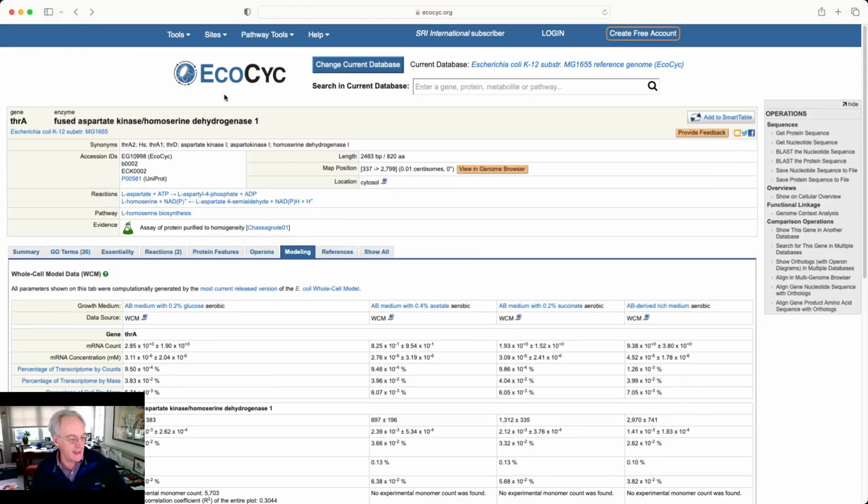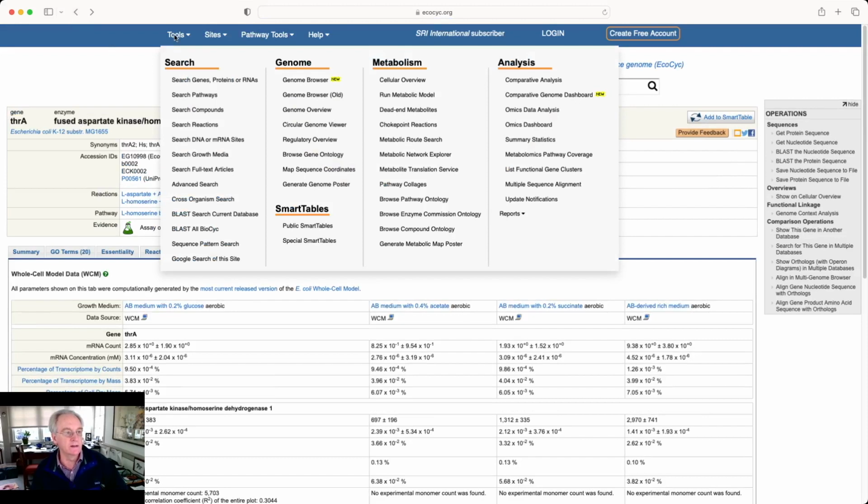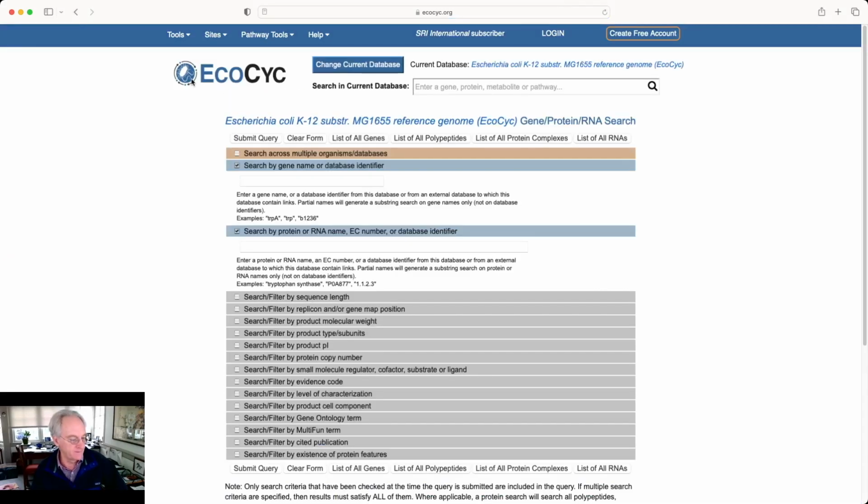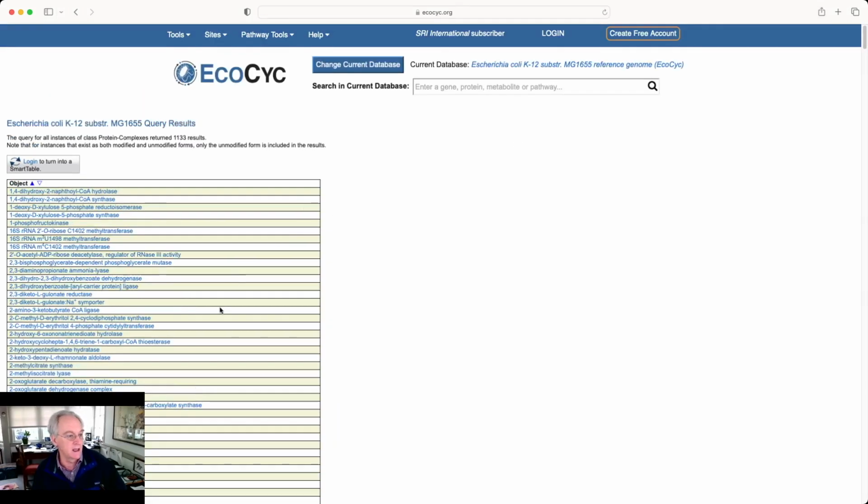Let's now look at the Gene Search tool, which is under the Search menu, Search Genes, Proteins, or RNAs. This tool is designed to enable construction of searches for genes that satisfy multiple criteria, as well as generation of lists of all entities of a given type. So for example, we can list all the genes or all the gene products or all the protein complexes in E. coli. Let's click List All Protein Complexes, and we get a table